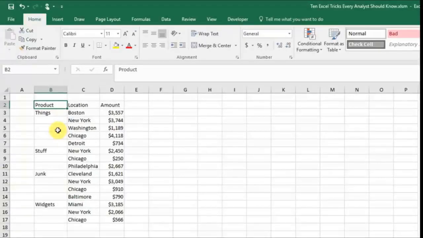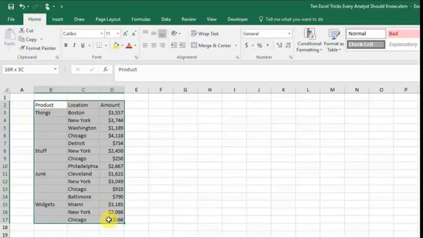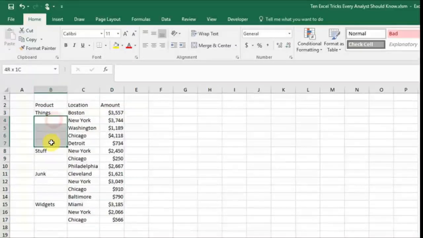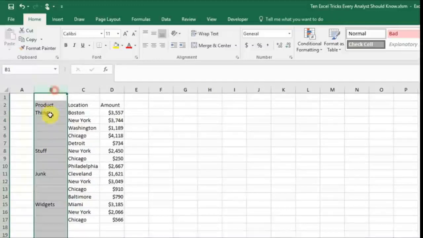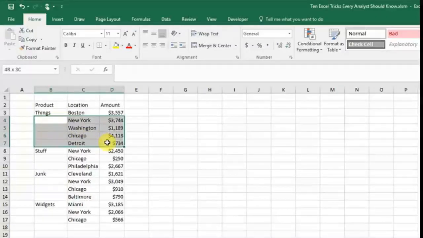Okay, so in this video lesson we're going to show you a quick and easy way to fill a range with some values or a formula or something like that. So in this example, someone has maybe copy and pasted a pivot table as values, and when they do that